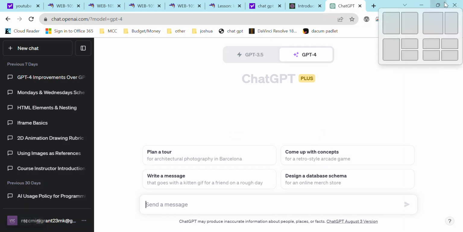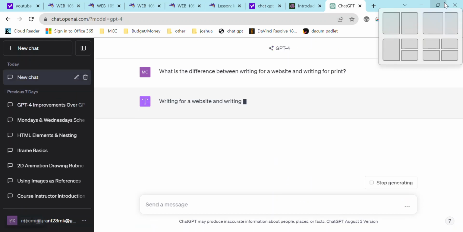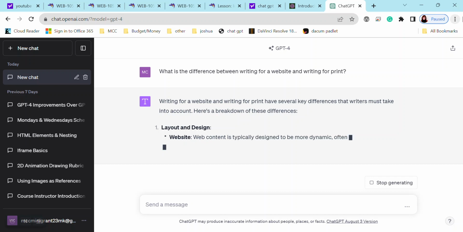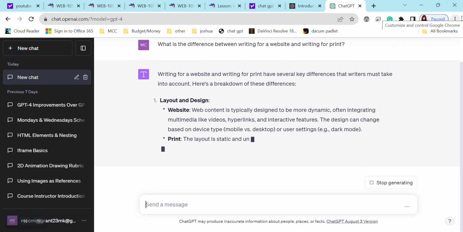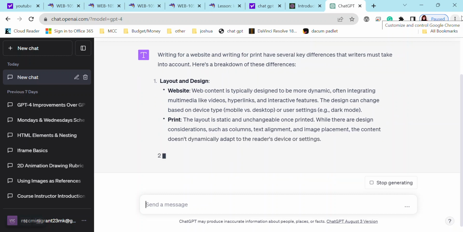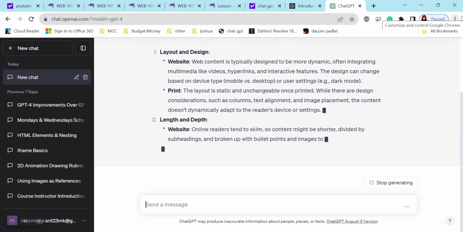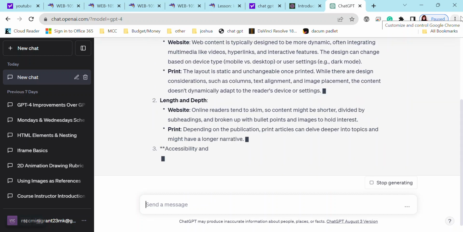So we might start with, what is the difference between writing for a website and writing for print? This is the key one.